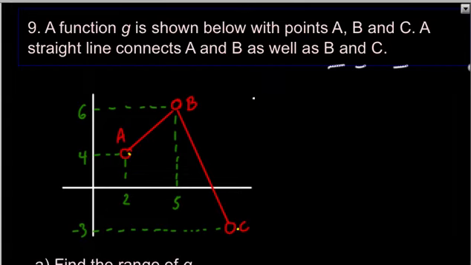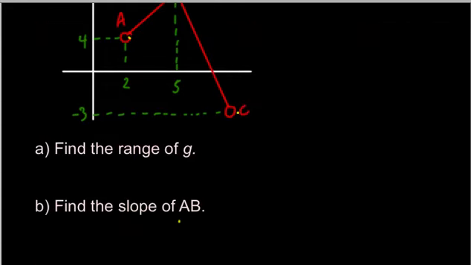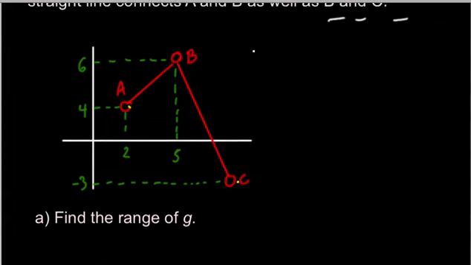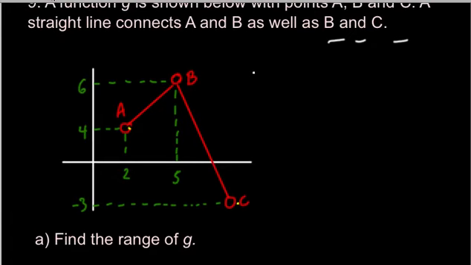All right, so here's the question. A function g is shown below with the points a, b, and c. A straight line connects a to b, so that's a straight line. So this a is not that a, it's just the article a. Connects a straight line from a to b, as well as from b to c. So there's another straight line from b to c, and that's all they're saying. So let's do this. Okay, so the first question said, find the range